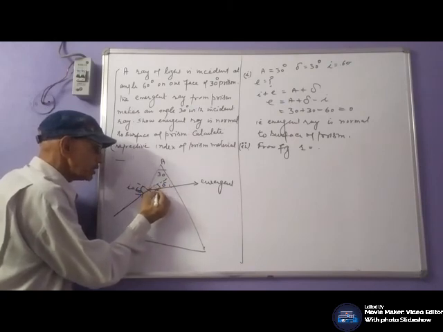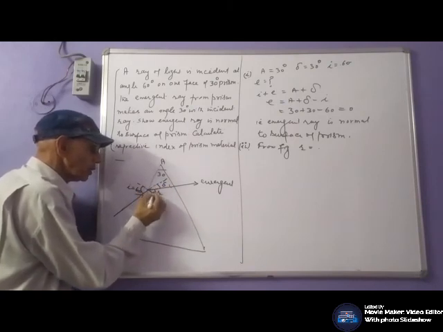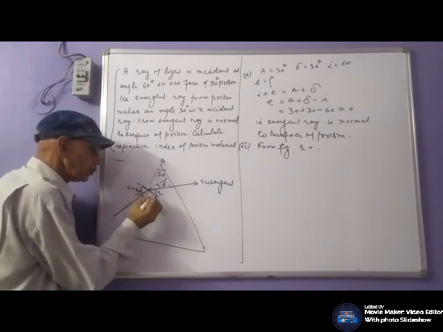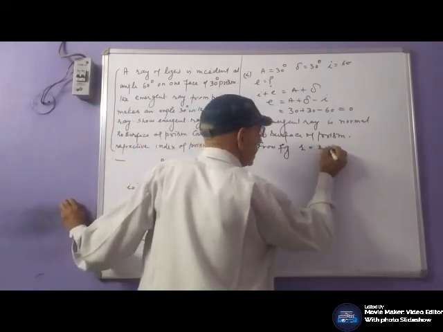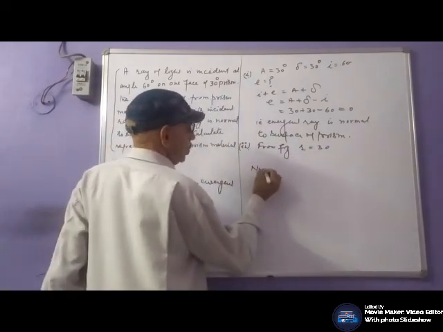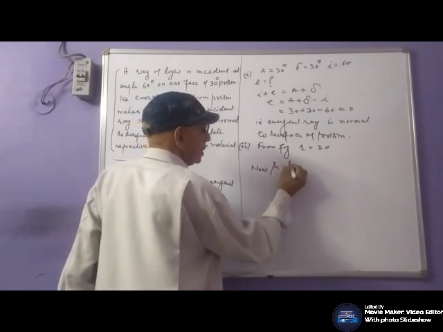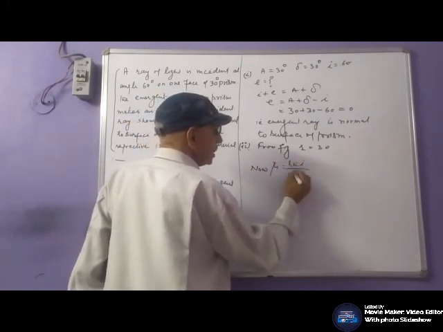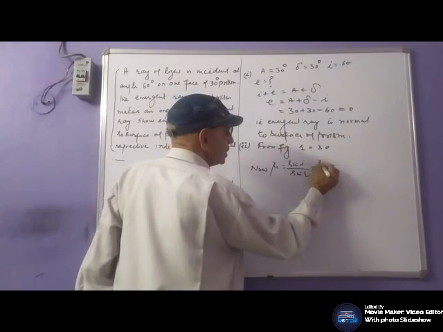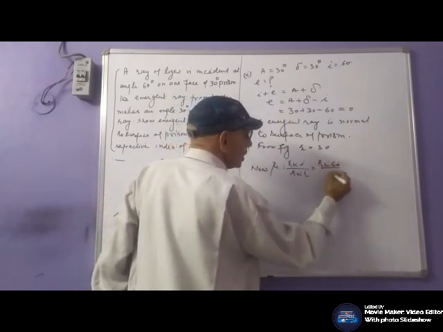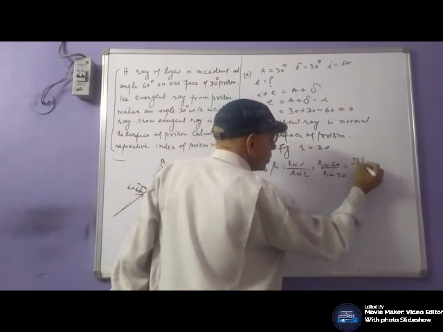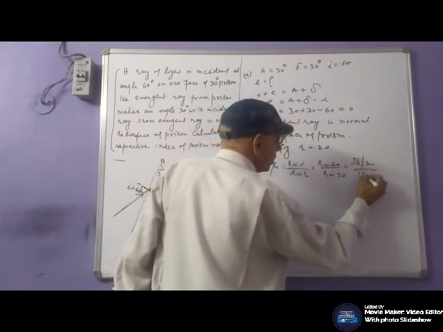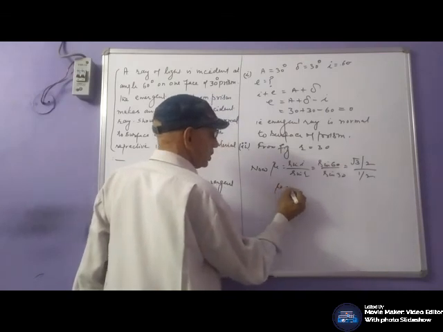So this will be 60, this angle. So this is normal to this surface, this line. This is 60, so R comes out to be 30. Now mu is sin I by sin r, sin 60 by sin 30, sin 60 is root 3 by 2, sin 30 is 1 by 2, or mu comes out to be